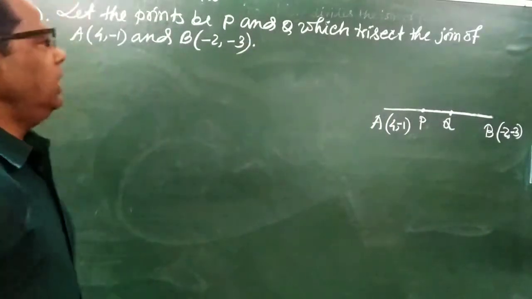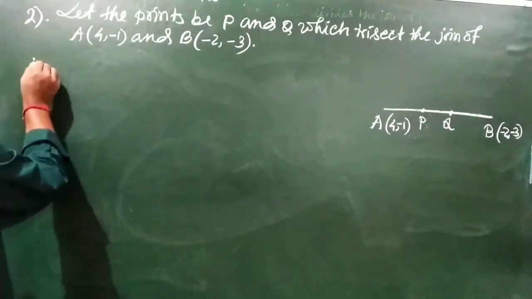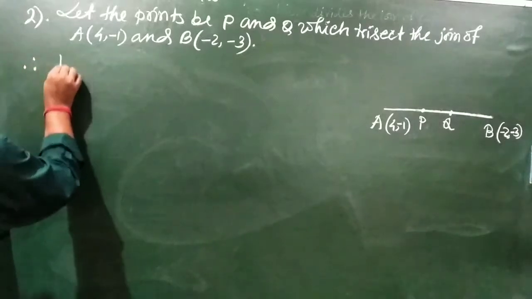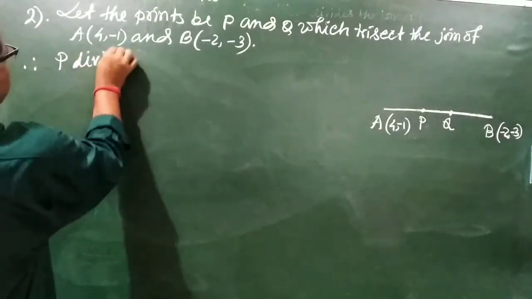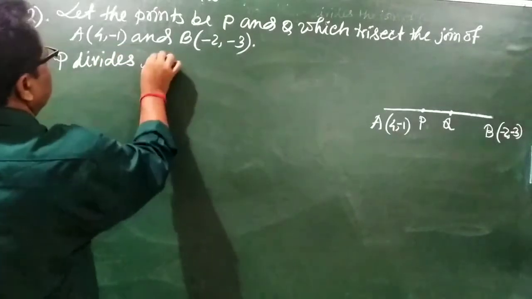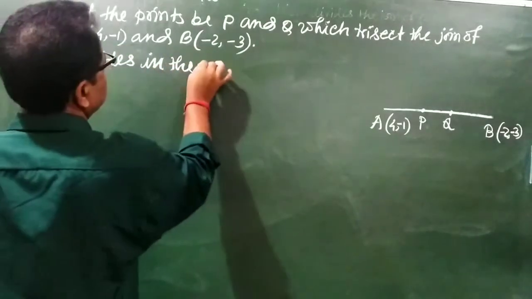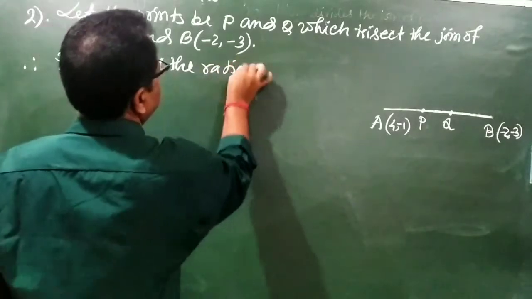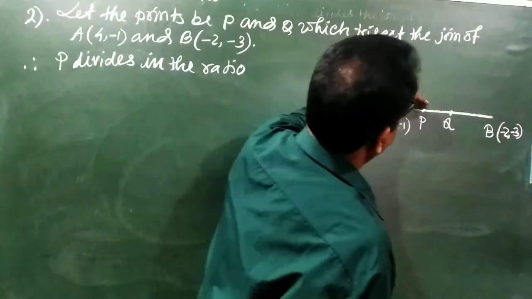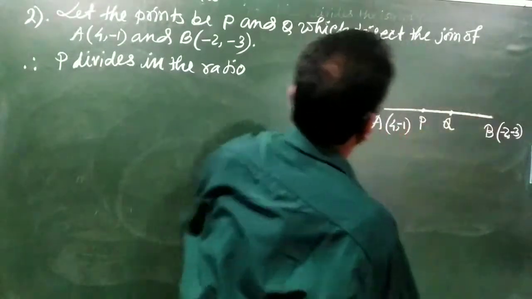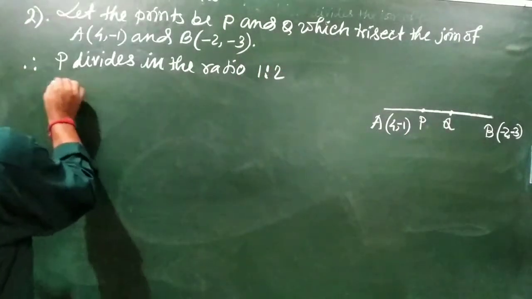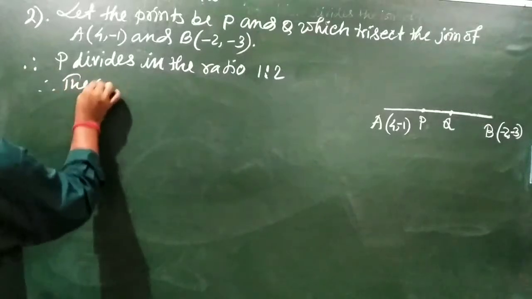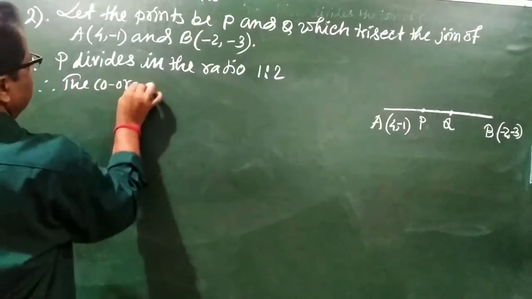Therefore P divides in the ratio. P means here first part 1 and second part 2. This is 1:2. Therefore, the coordinates of P